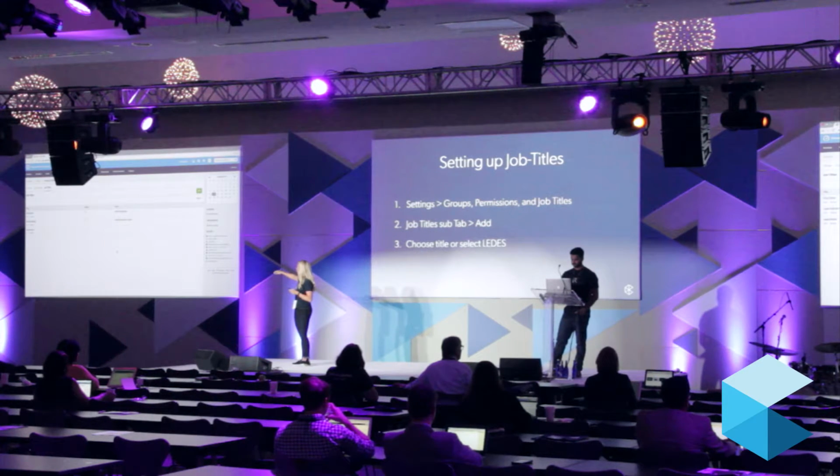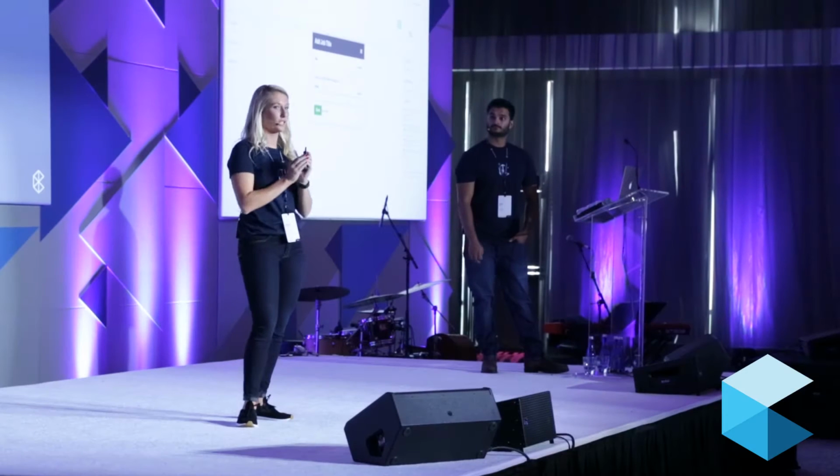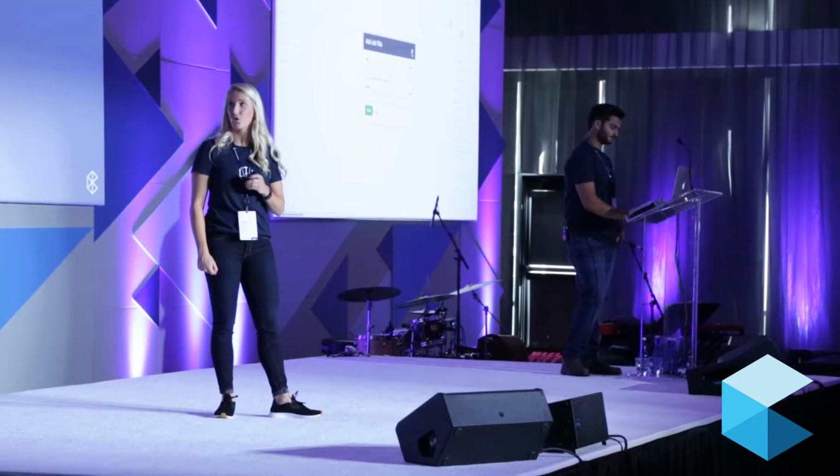If you choose not to use a Leads option, you can enter your own job title, anything that you want, and then you'll also enter the initials that come along with that job title. Now, this is not the initials of the user, it's the initials of how you'd like to shorten that job title. So once we're done, we're going to click Save, and then what you'll notice is if you click back